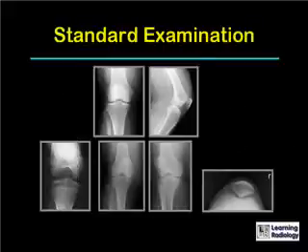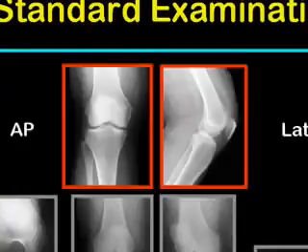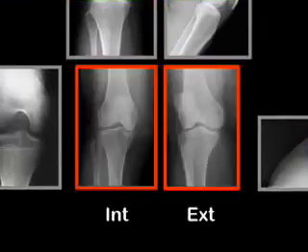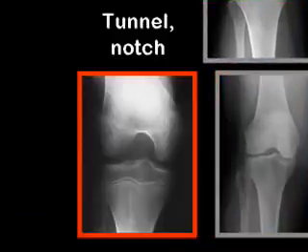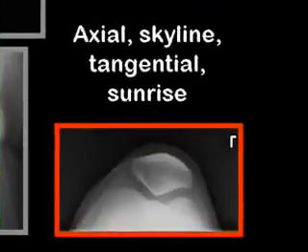A standard conventional examination of the knee will always include an AP and a lateral view. In some institutions, it may also include an internal and an external oblique projection of the knee. In other institutions, it may include instead a tunnel or notch view of the knee, which demonstrates the femoral condyles in their posterior aspects and the intercondylar notch and intercondylar eminence particularly well, and the axial, skyline, tangential, or sunrise view of the patella, which shows the patella in its AP dimension and demonstrates the joint space between the